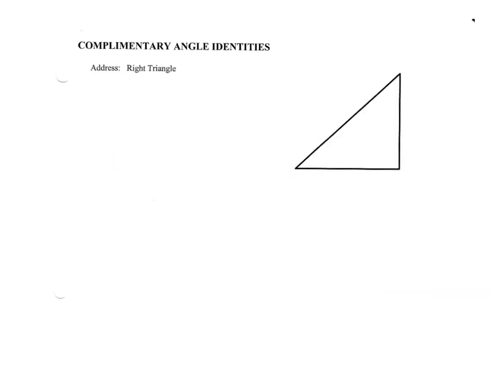So our next set of angle identities, so again we can change what the angle looks like, is our complementary angle identities. And you guys will remember from grade 9, complementary angles means it adds to 90 degrees, which we'll just turn that terminology to it adds to pi by 2. And so we have our right triangle, and let's just label it ABC, which then we can label our side lengths. And if I label this angle X,